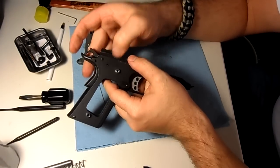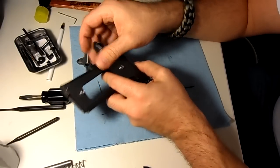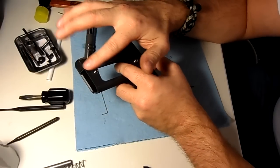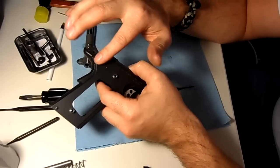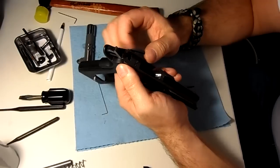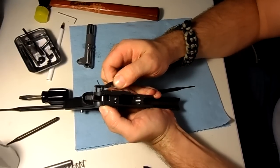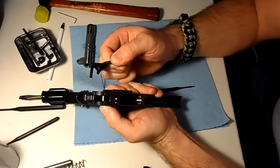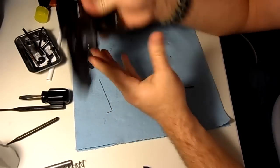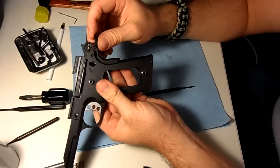Take notice now, this is a good time to notice that all the pins on this side of the gun, the ejection side, are rounded, and they're all different sizes. So it's very hard to get them mixed up, and it helps you remember which way they should be going into your gun. So on here you can kind of put a little pressure, and you're just going to wiggle your safety, and it's going to slide right out. Okay, so that's done. That also holds in our beaver tail, but usually the beaver tail is not going to come out